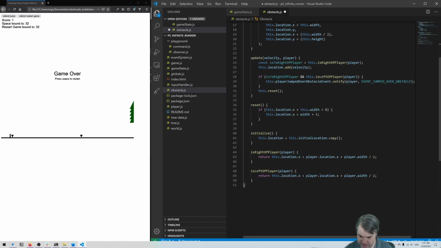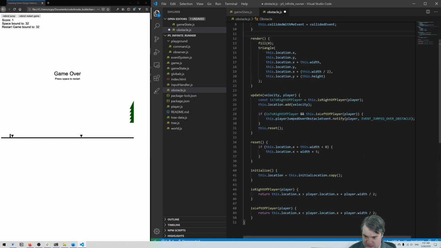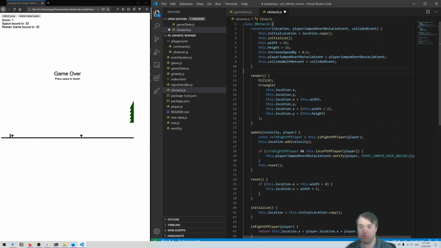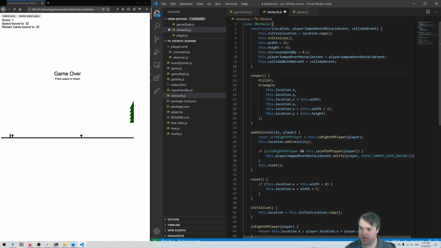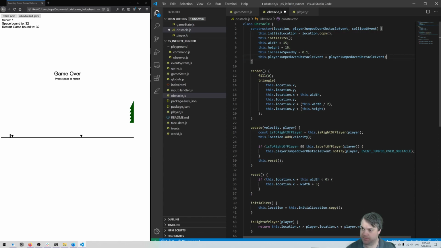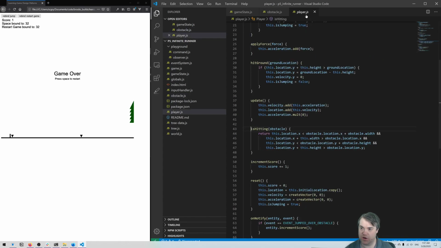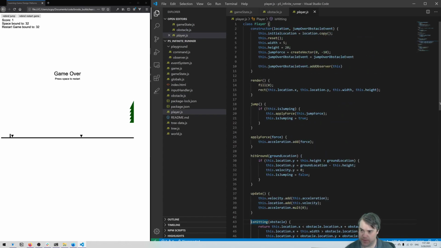So then we have, now who's doing that? Select the player is writer player, initialize, reset, update. Ooh, wait, no, it's the player that's doing that, isn't it? The player is hitting obstacles. So the player is the one who is going to emit that. So it's not going to be up here. We're going to go to player. So when we create,